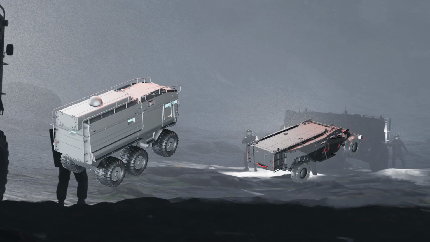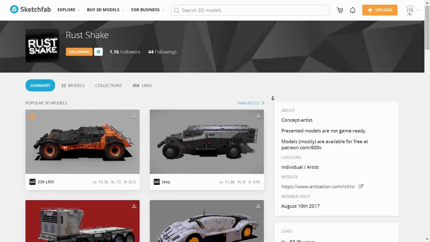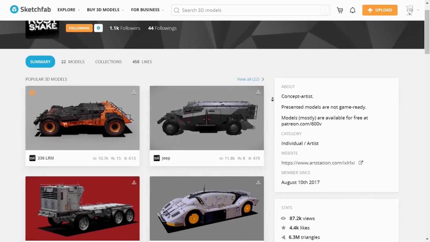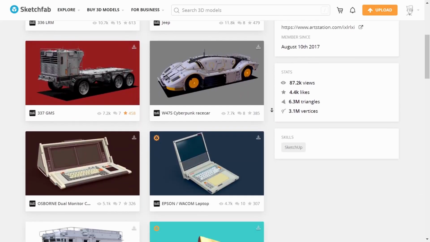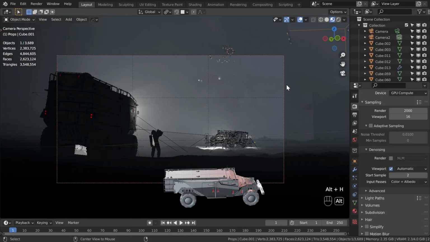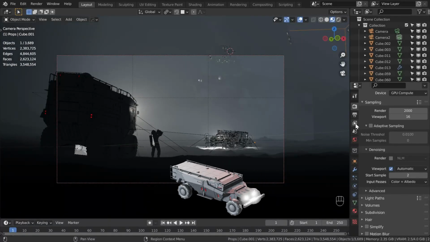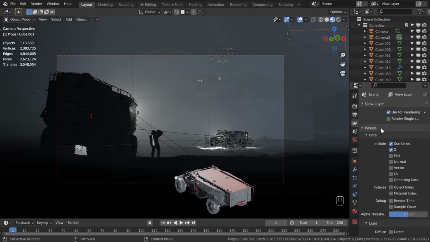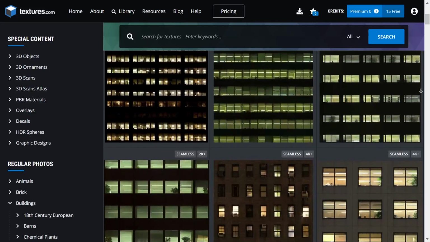I don't know if you can see them from this far away, but I think the vehicles helped a lot here, apart from the volumetric lighting. The vehicles are from Rust Shake. The vehicles are available for free on Sketchfab, mostly, or on his Patreon. The lighting here is again mostly practical, using the headlights, just area lamps attached to car parts, and I think that's it. The background, you can't tell from here, but it's just a couple of emission textures from textures.com,